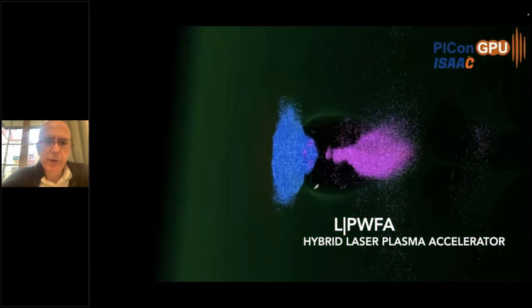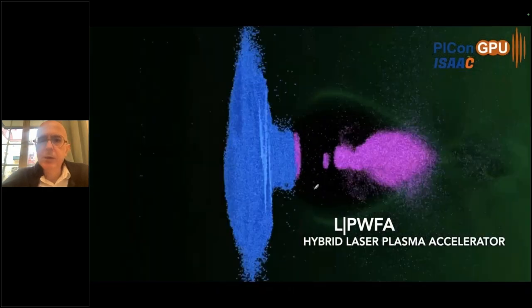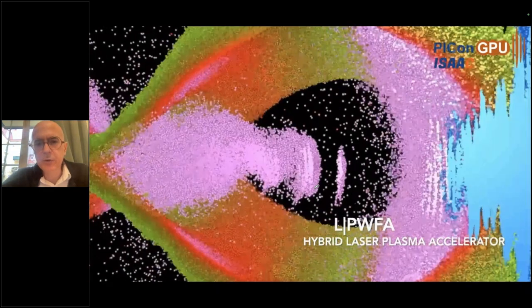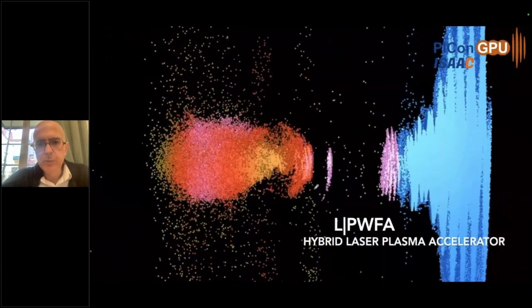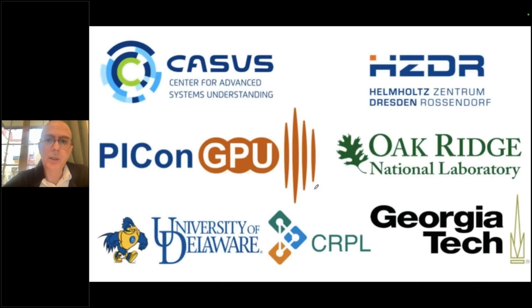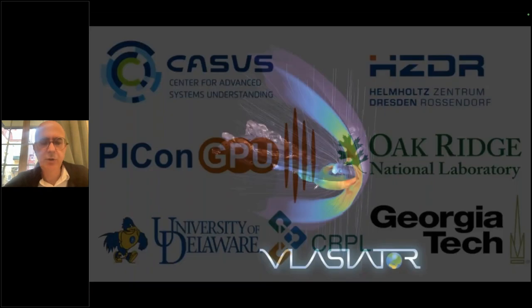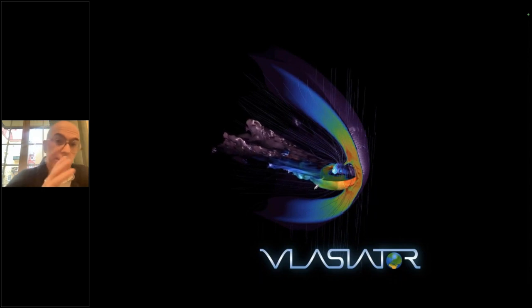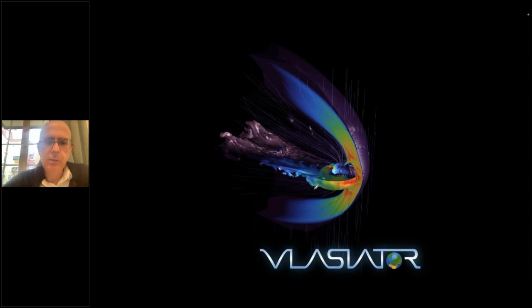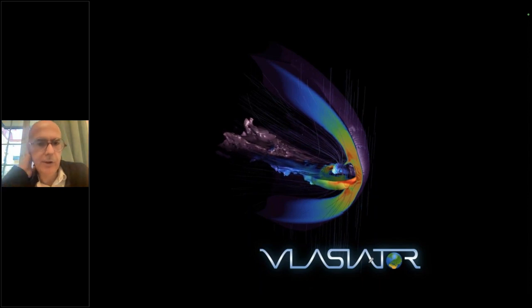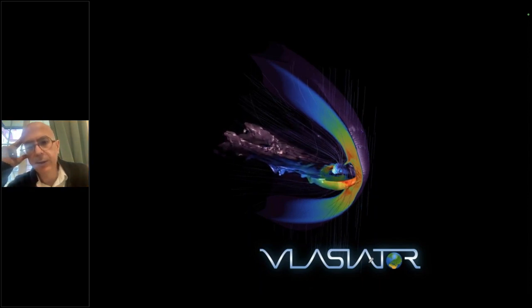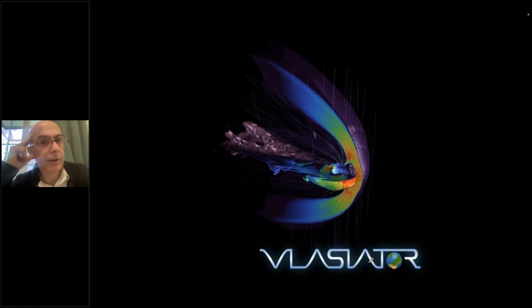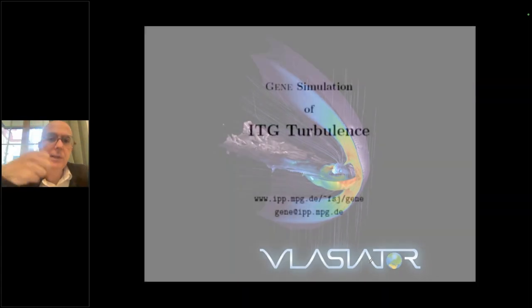I also want to showcase here some advanced data analysis and the in situ data technology that you see here. Many of the results you see here you can actually get at runtime using in situ visualization and data analysis technology. That was PIConGPU, particle in cell. And the second major code we are working on is the Vlasiator code. This is a hybrid code. It means that the protons themselves are modeled